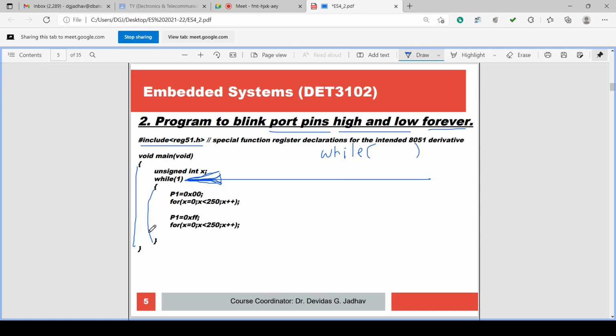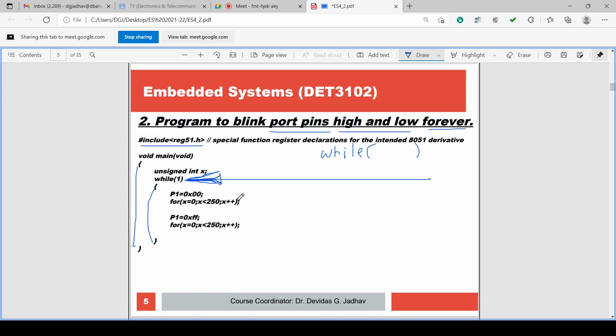So in case of while, it executes infinite times, and this block also will be executed infinite times.